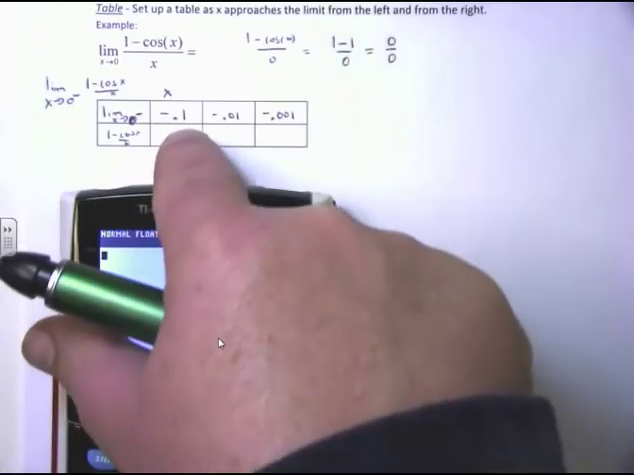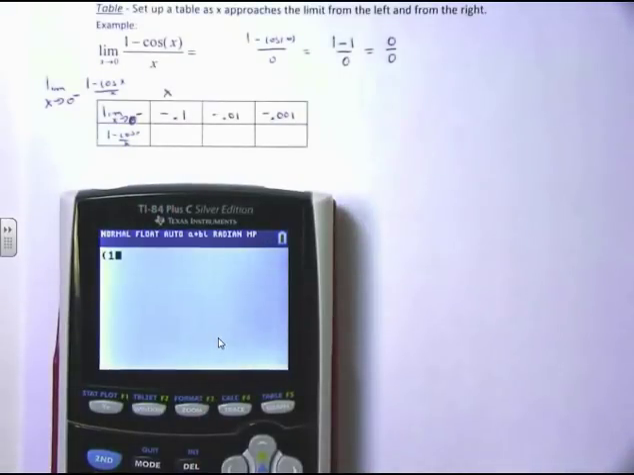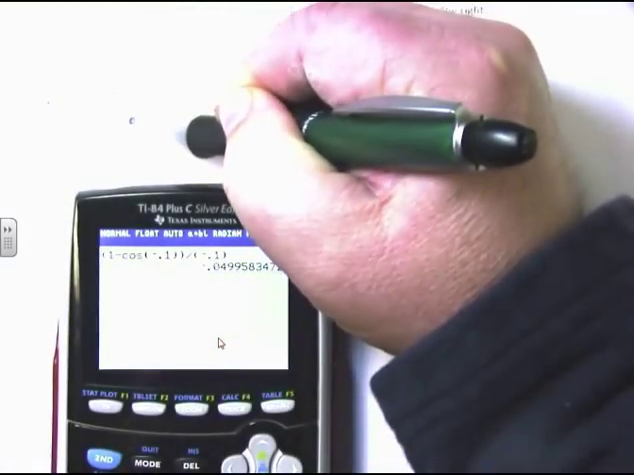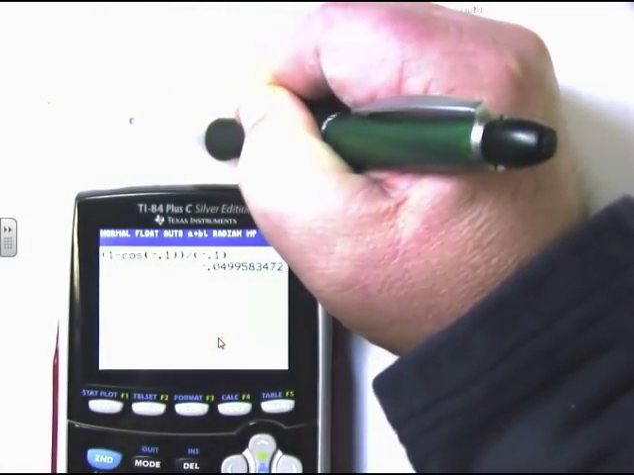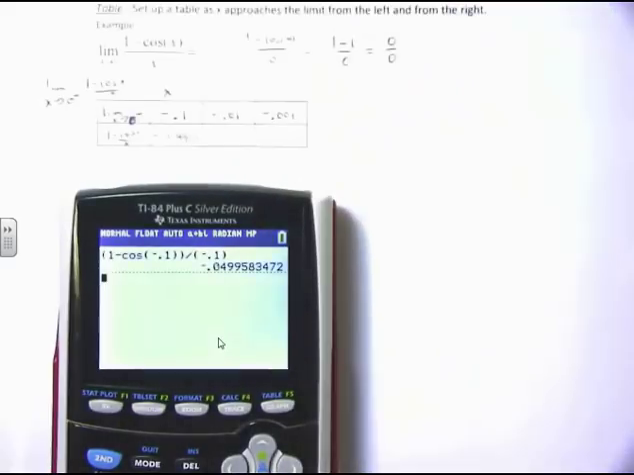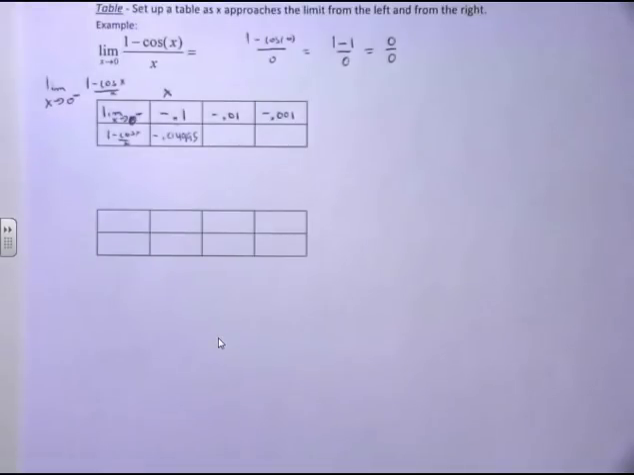So here we go. So I'm going to type it in. I'm going to plug in for x, negative 0.1. So this will be parentheses, 1 minus the cosine of negative 0.1, close parentheses for the numerator, divided by parentheses, negative 0.1 for the denominator. And what number do I get? I got a negative 0.04995 something or other. Now I'm going to plug into my function